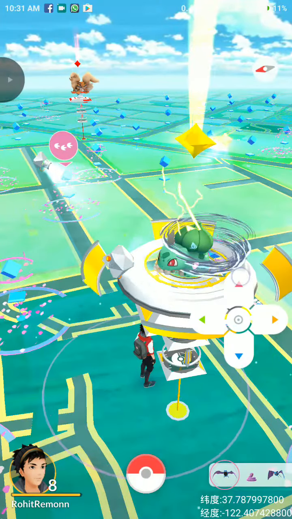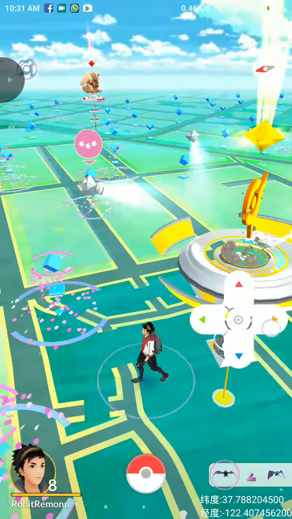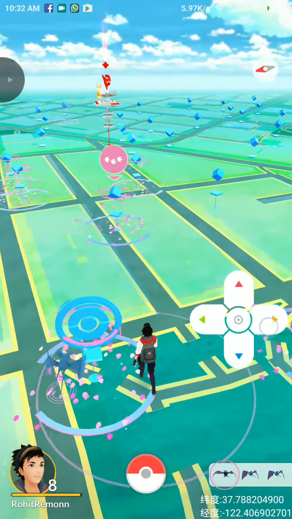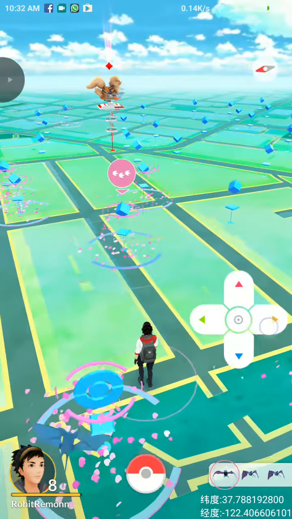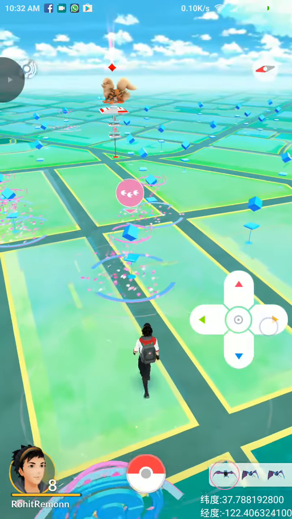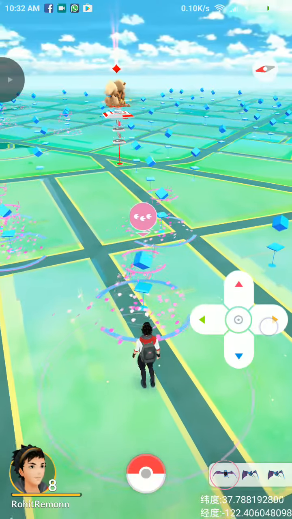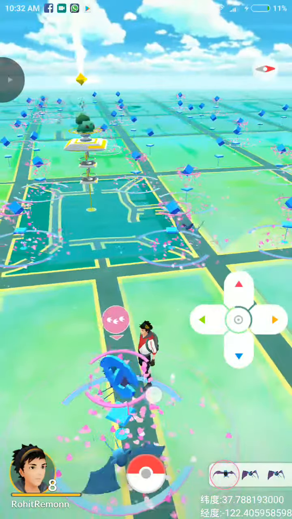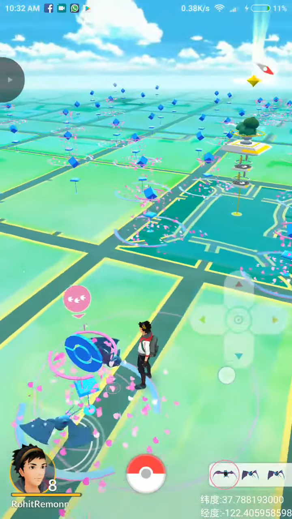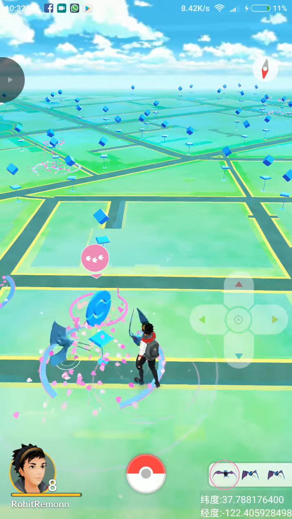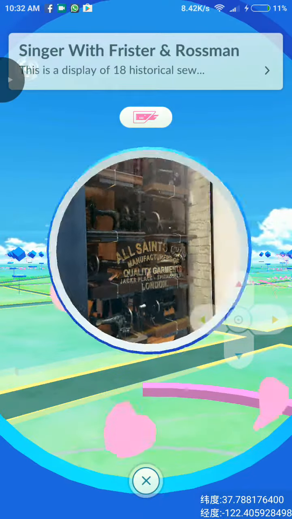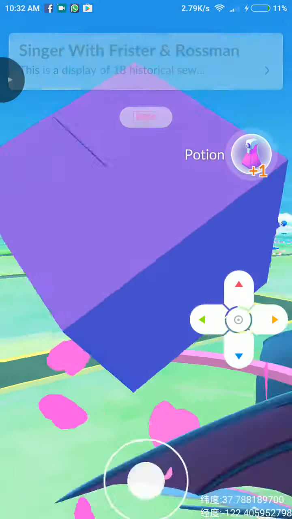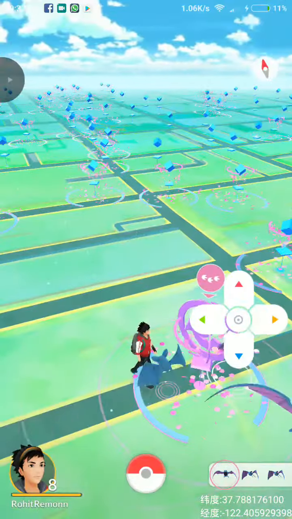So the main thing is I need to visit there. Once I reach there, you can see too many Pokemons you can catch. I already found around 40 Pokemons in just 50 or 60 minutes. Here you can see there is a Golbat. Maybe you need to wait for a few minutes, but you will get that. I already tried it. I'm using this for the last 2 days and it works fine. Here you can see the Golbat.